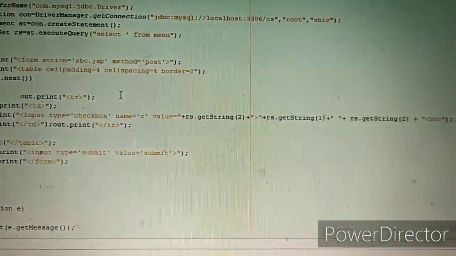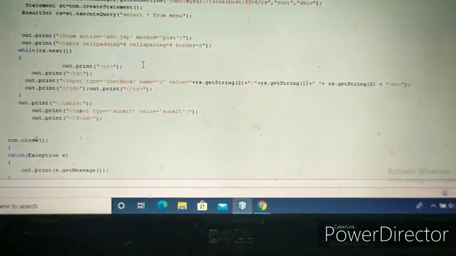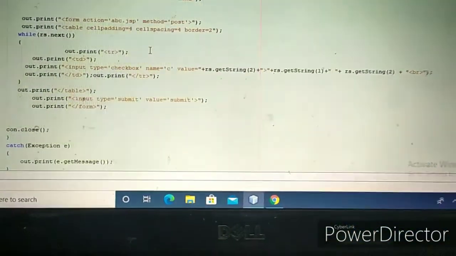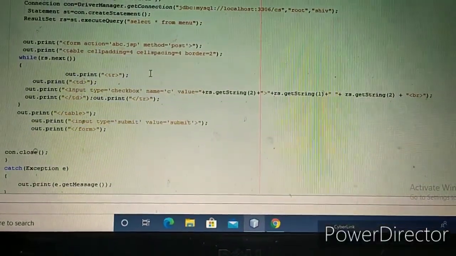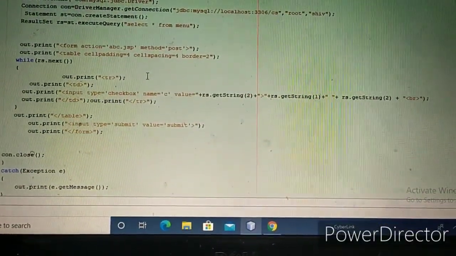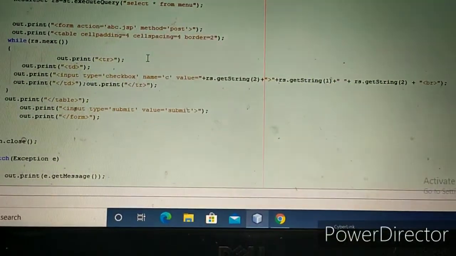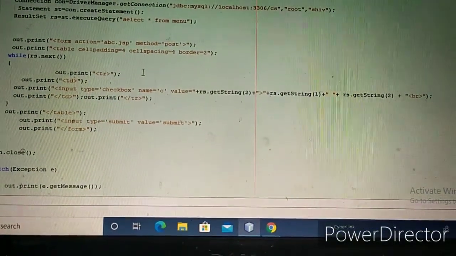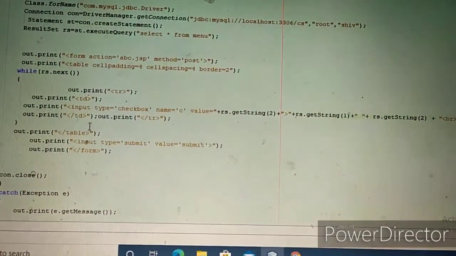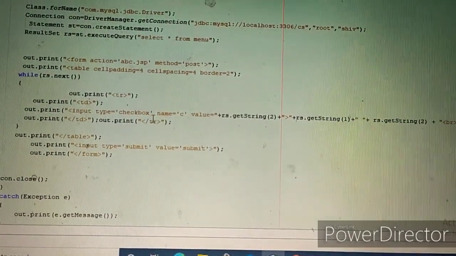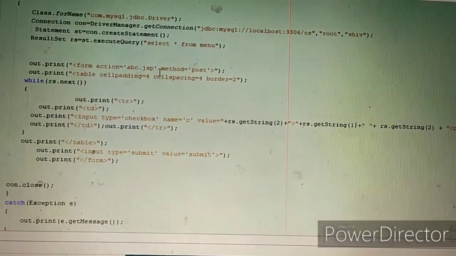So now let us see. This is how we have created the table. And now let us see the abc.jsp page.